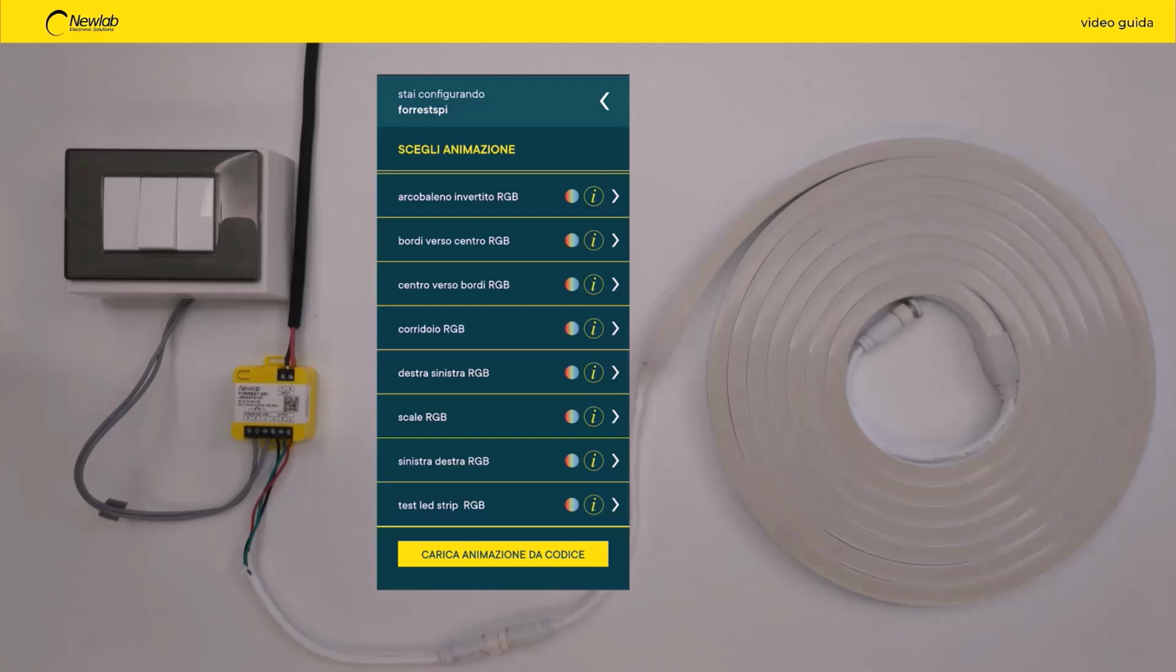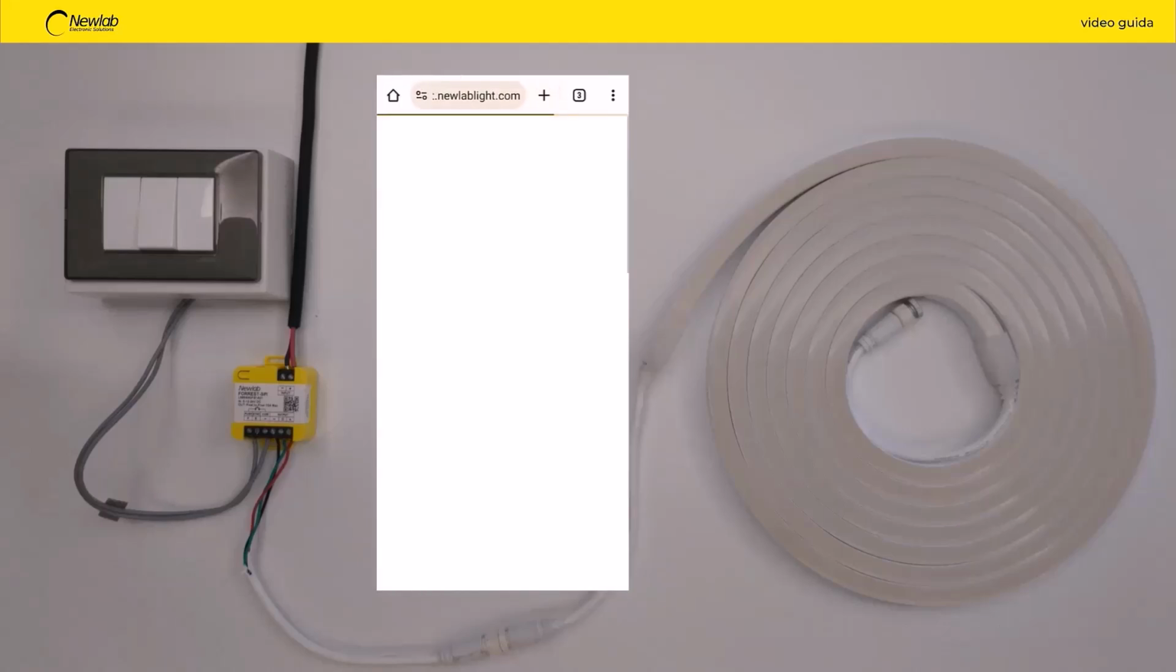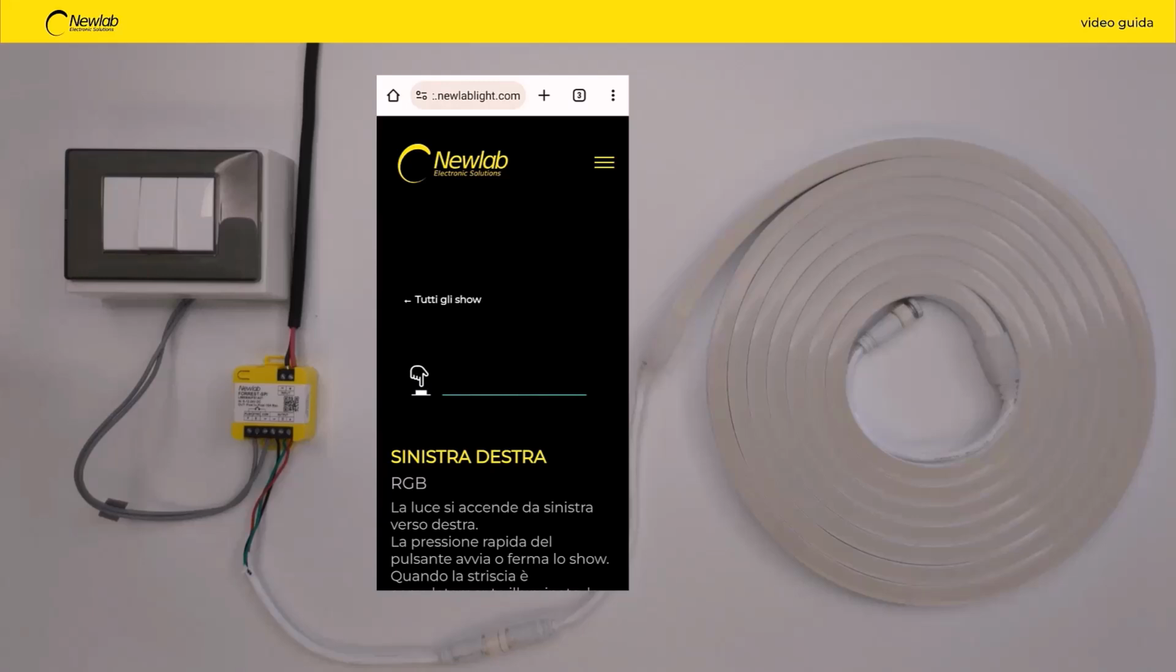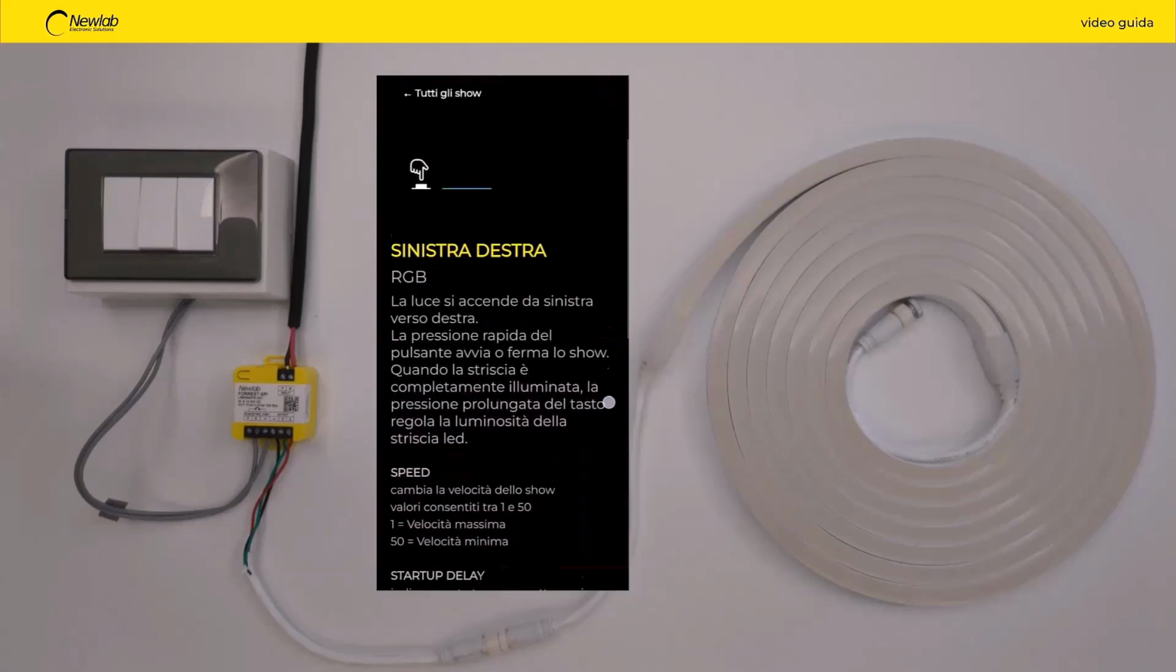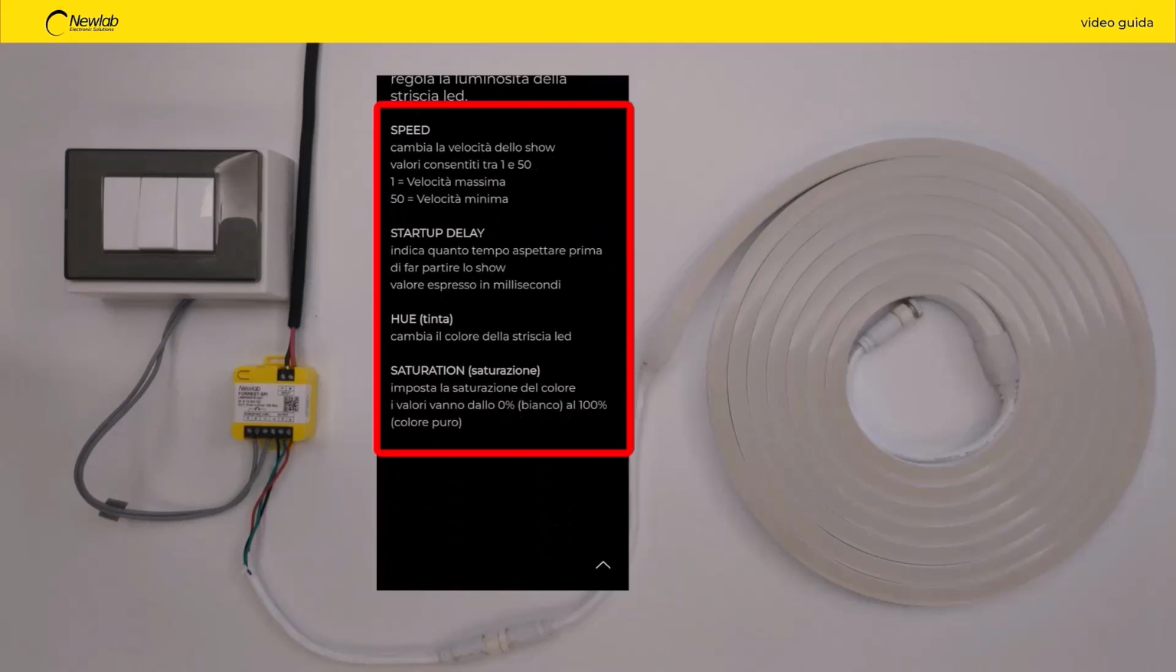Forrest-SPI dimmer. For each show you will find the following information: the name, color mode, and a link to the show information page, which you can also find on our website forrest.newlablight.com show section. Pressing the I button will take you to this page where you will see a demonstration show. The available functionalities: the control parameters,